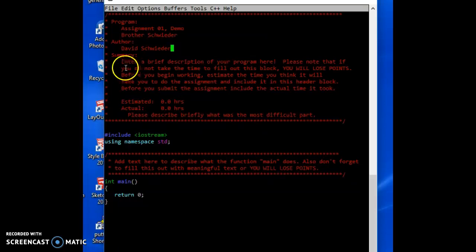Okay, make sure, I'm not going to do it because it's taking time, but you're going to fill out what you're doing for this assignment. You need to fill out how much time you thought it was going to take you and how much it actually did. And describe what was difficult to you. This just helps me, and as I grade and give you feedback and see how your progress is.